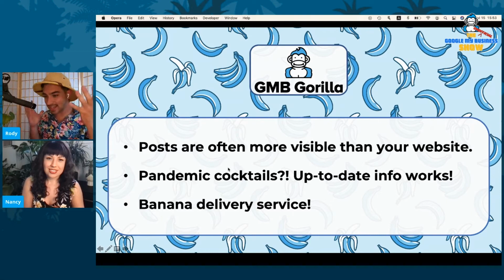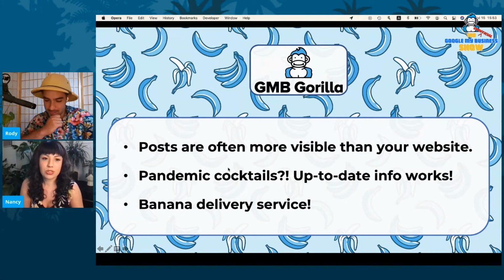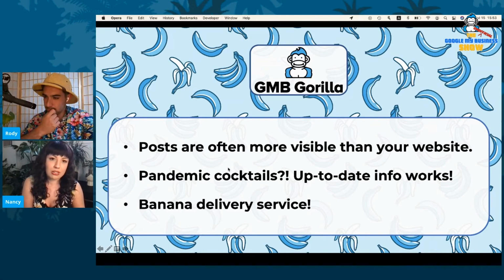Honestly, you can get the statistics and data if you add tracking, which we talked about in part 1, which makes you a super genius gorilla. If you add tracking to your links, you can do that to your website link as well. And you can literally see how many people click your website link versus how many people are clicking that order now button or whatever call to action you have in your GMB posts. So run an experiment and see, because guaranteed you're pretty much going to get more people interacting with every other button on your profile than your website.